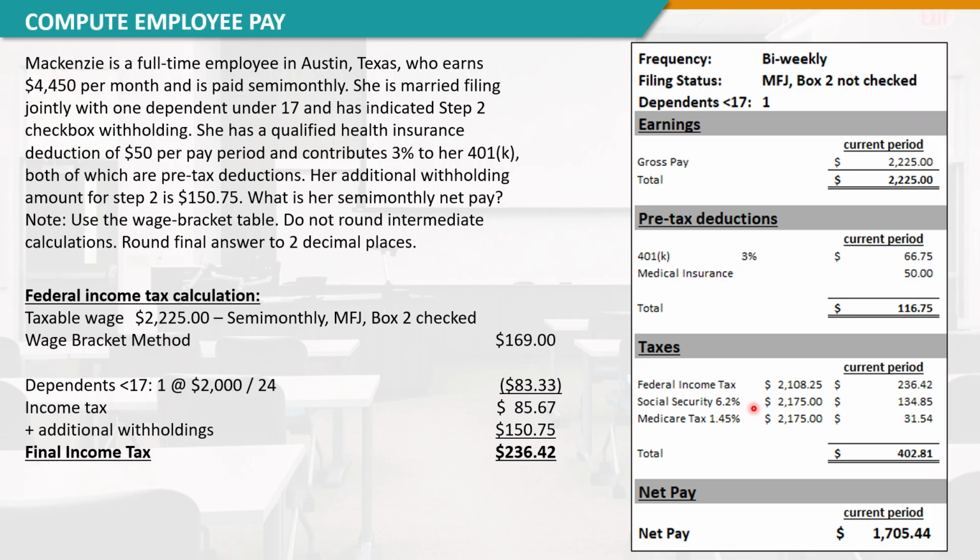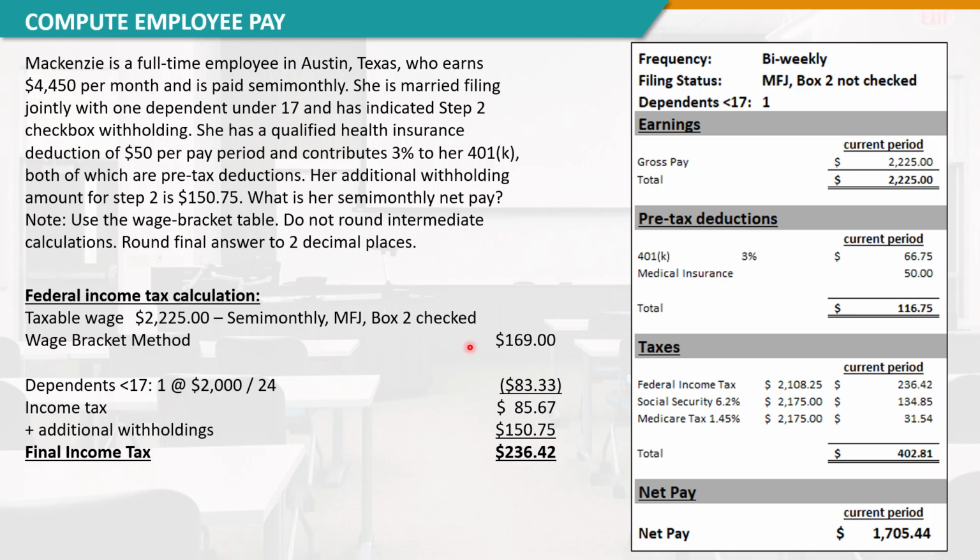How do you calculate the federal taxes? You go to Appendix C of your textbook or use the IRS tax table in Publication 15T for semi-monthly payroll. You find the amount of $2,108.25 in that tax table. Why are we looking for $2,108.25? Because that is the taxable earnings amount for federal income tax. In the problem, we were told that Mackenzie is married, filing jointly, so we need to look in those columns in the tax table, and we're told that the checkbox in 2C was checked. That tells us that we need the second column withholding amount, which is $169.